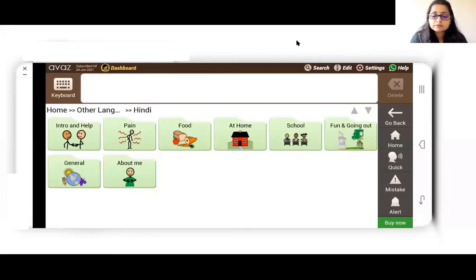So the availability of vocabulary in Indian languages, I think as an SLP, I feel that this is a very useful means, suppose you have to provide language intervention for children who are bilingual, maybe just transitioning from their mother tongue to English. Then this might be a useful place to start with. Of course, the vocabulary is limited here, but there are possibilities. You can make it bilingual and also provide language intervention.